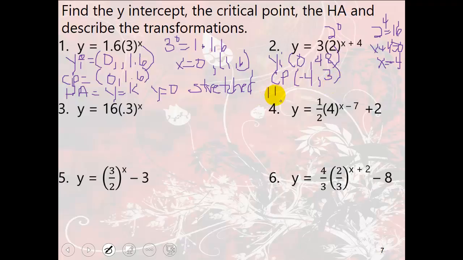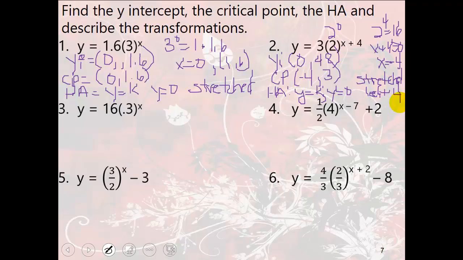My horizontal asymptote is y equals k. So I get y equals 0. In terms of the transformations, I'm stretched, and I'm shifted left 4. All right, I'm going to do number 5, and then I'm going to have you do 3, 4, and 6